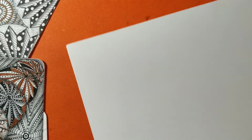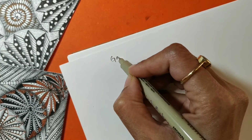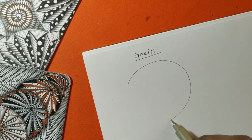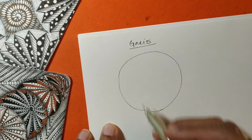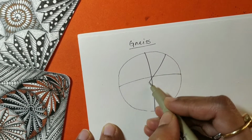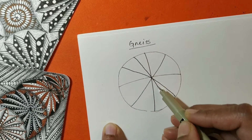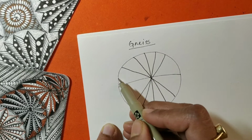Gneiss is a pattern, although we spell it Gneiss, however it is pronounced as Gneiss. So I'm going to be drawing a light handed circle here, and then I'm going to divide this circle into sections. I'm not trying to draw very straight lines. You can give a curve to the lines, right? You can divide it into more number of sections. So drawing a few more lines here,